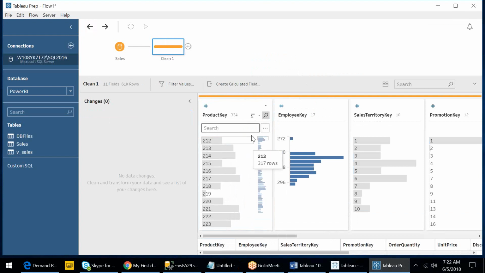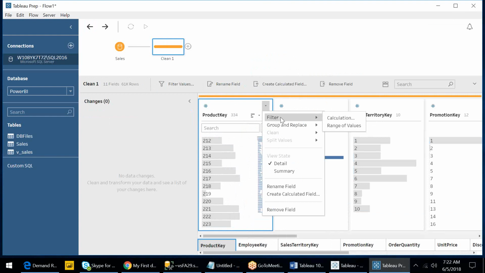The original format. And what else do we have? Filter the data. Filter by calculation, filter by range of